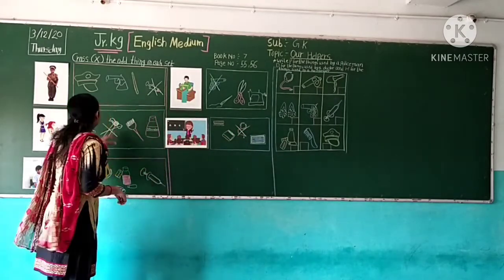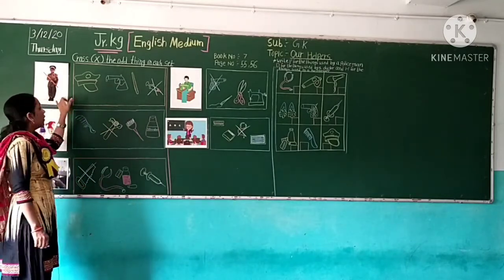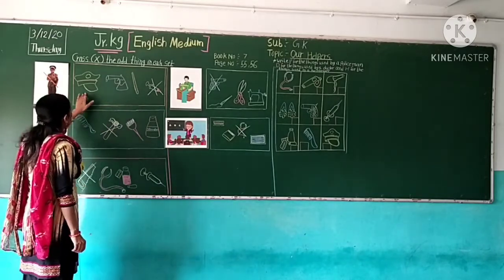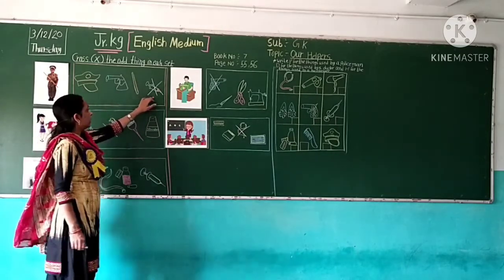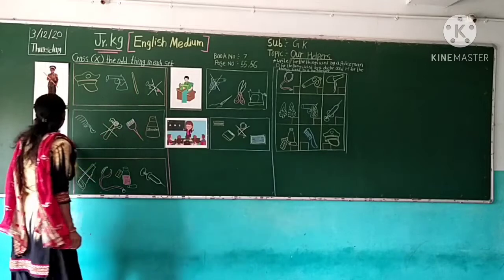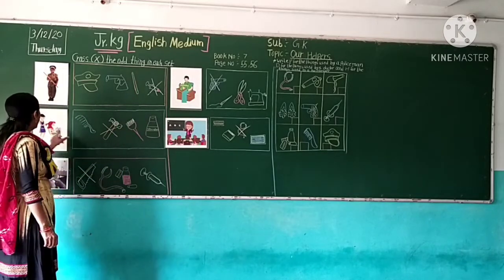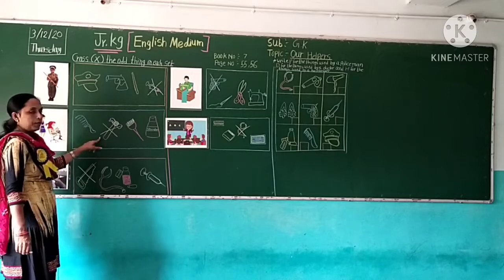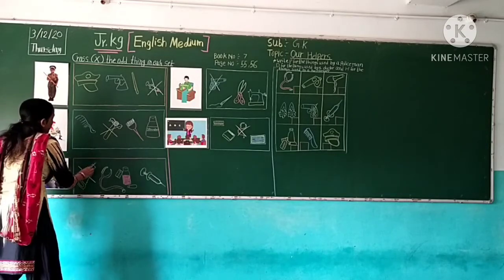Not used. Okay. Let's repeat one more time. Which picture is this? Policeman. A policeman uses a cap, gun, and stick, but does not use the injection. So here we cross. These things are odd. So here we cross. Okay. A hairdresser does not use these things. A doctor does not use these things.